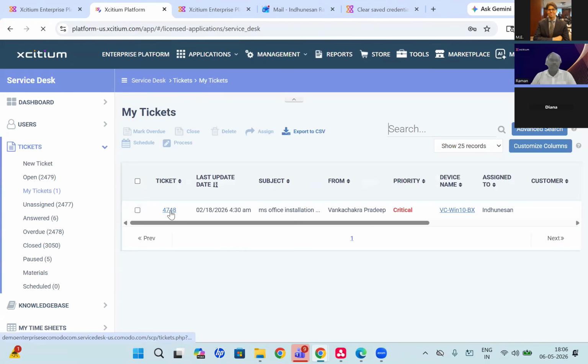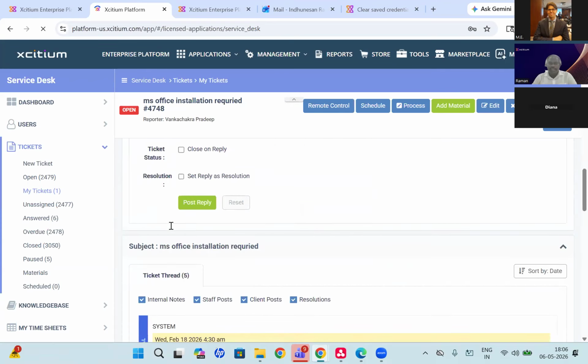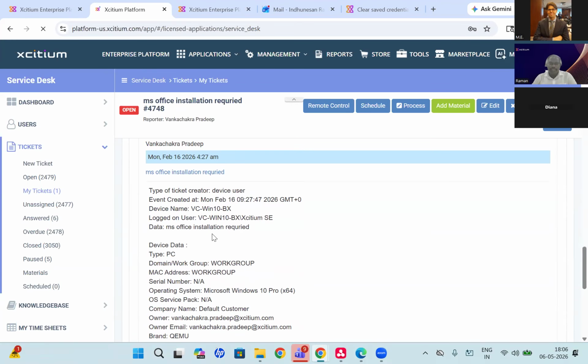this is the inbox. You can see whichever ticket has been created. All the tickets will be visible here. This is the ticket information. Once you click here, you will get the in-depth ticket detail information, which is the user who has created it, what